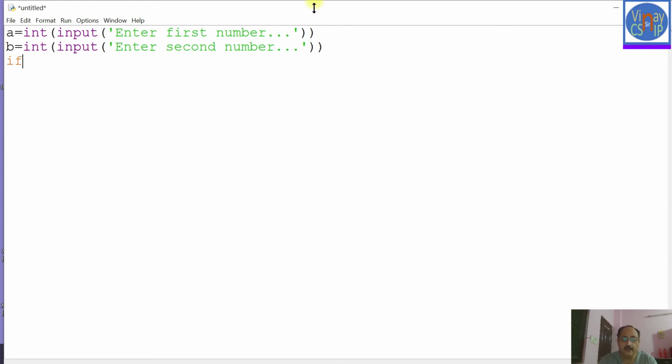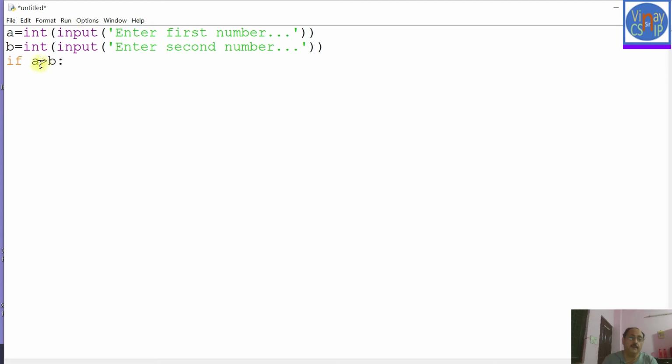So writing here if a greater than b. Now this greater than operator is one of those 6 operators which I just wrote, just to give you knowledge about the relational operators. So if a is greater than b, what does it mean?